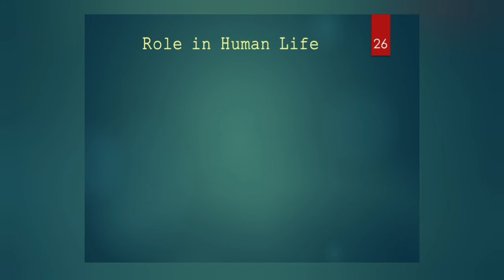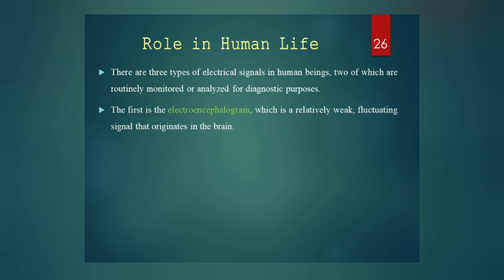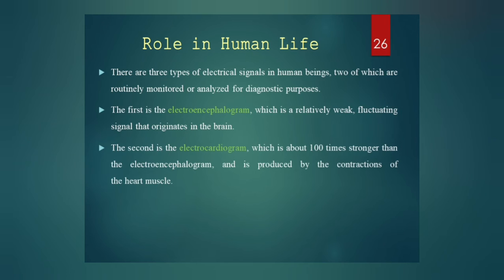Role of bioelectricity in human life. There are three types of electrical signal in human beings, two of which are routinely monitored or analyzed for diagnostic purposes. The first is the electroencephalogram, which is a relatively weak, fluctuating signal that originates in the brain. The second is the electrocardiogram, which is about 100 times stronger than the electroencephalogram and is produced by the contraction of